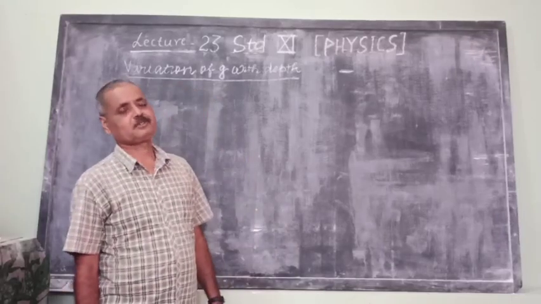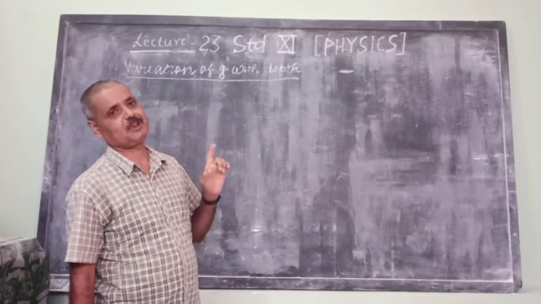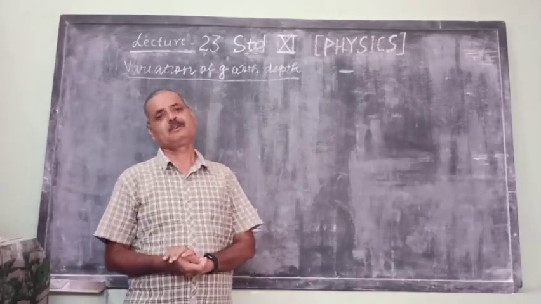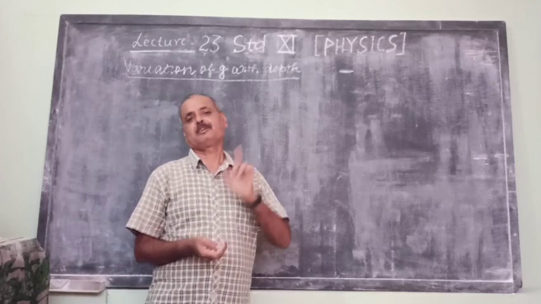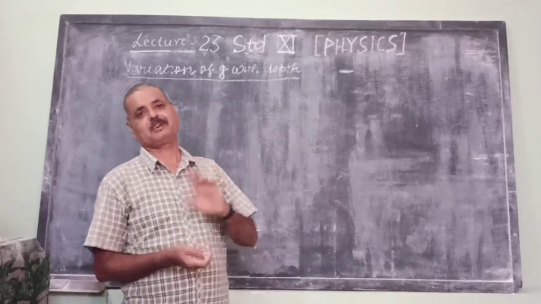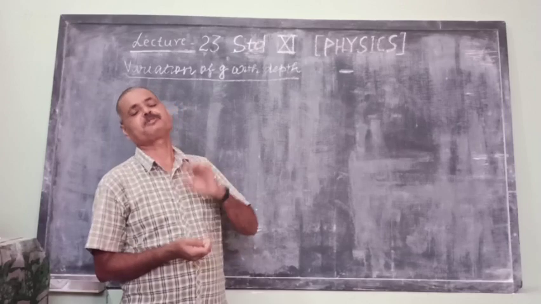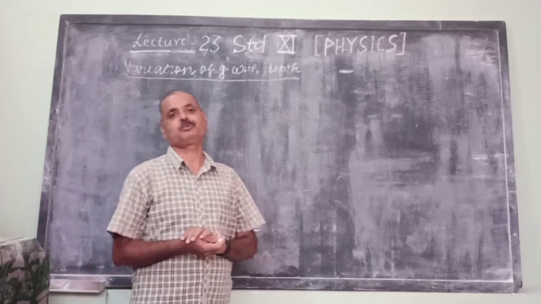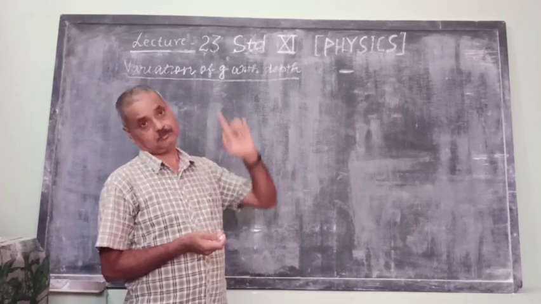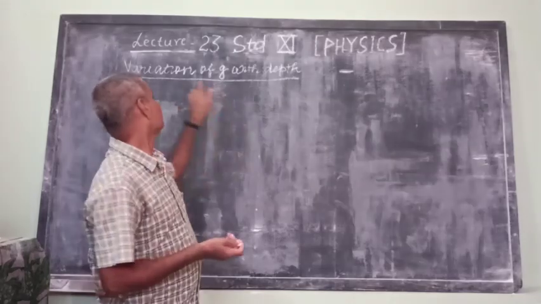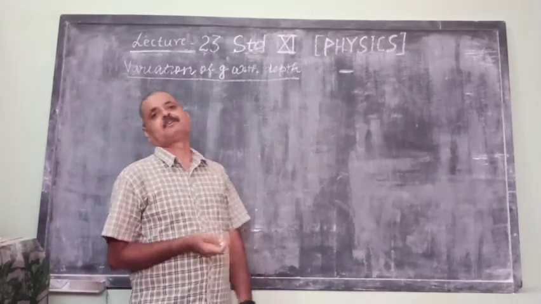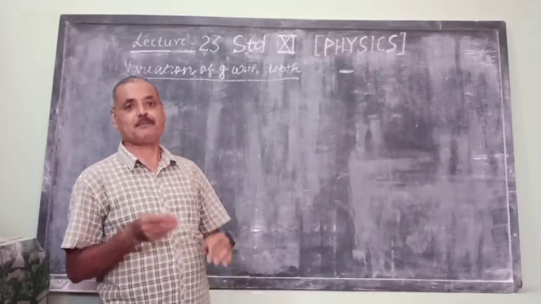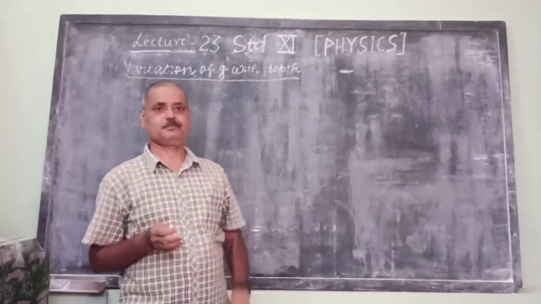Good morning, students. In the previous class, we have studied regarding variation in acceleration due to gravity. There are two factors. Number one, we have derived the effect of altitude, means effect of height, means what will be the variation in acceleration due to gravity due to height. But today, we will study the variation of g with depth. We have to establish it.